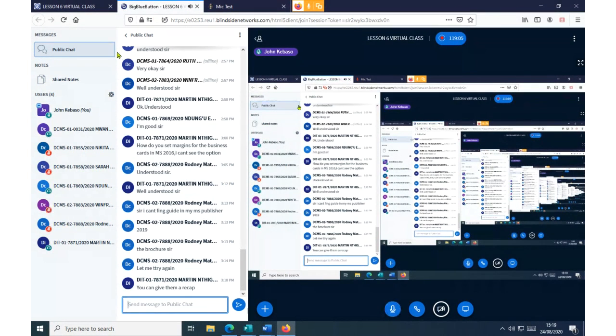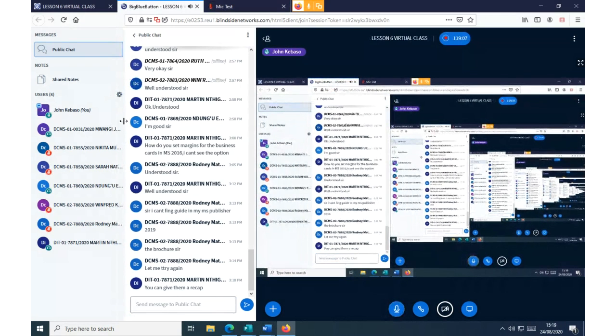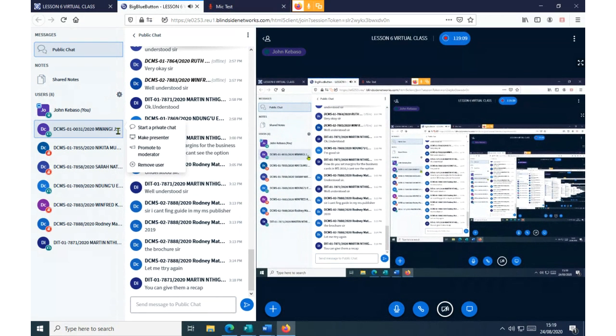Let me ask you: can you access computers? This is Monkey. Monkey, you have just come in. Welcome to the class. We are winding up, but we shall make sure we repeat the same thing for the rest next time. But we have to communicate the time that we shall have the class.